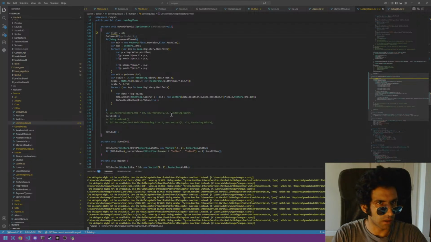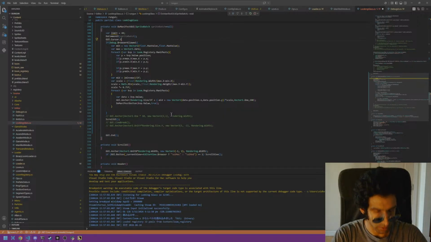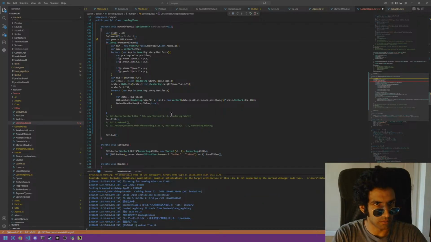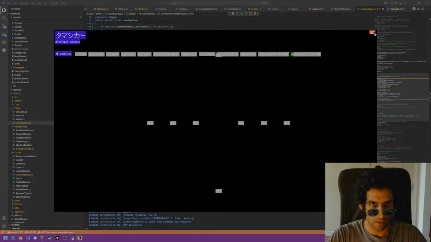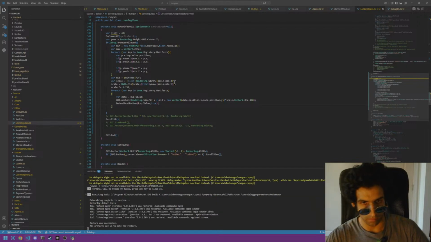Also, I think I can GUI.cursor.y ymax is equal to rendering.height minus this, and I can do ymax. So yeah, I think now it will be contained within the